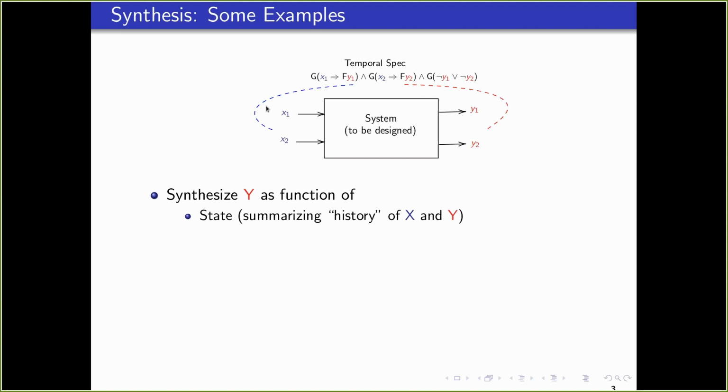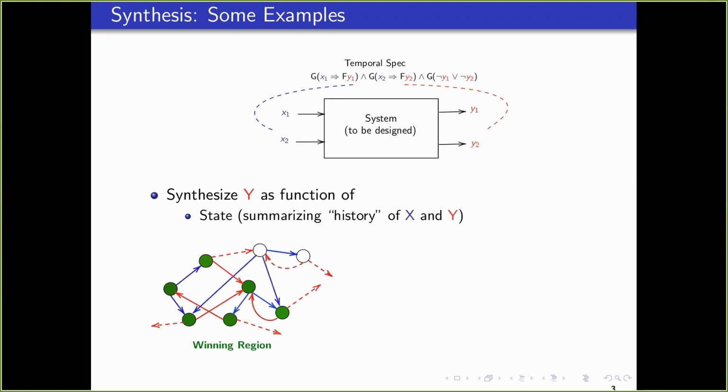Now, a very standard way of solving this kind of temporal synthesis problem is to pose it as a game between the environment, which provides the inputs, and the system, which generates the outputs. If you think of it as a game between these two players, then we can draw the game graph of it. The game graph might look something like this, depending on various states. Here I have labeled states with blue outgoing edges as states from which the environment is making the move, and states with red outgoing edges as states from which the system is making a move. So our game graph could be something like this.